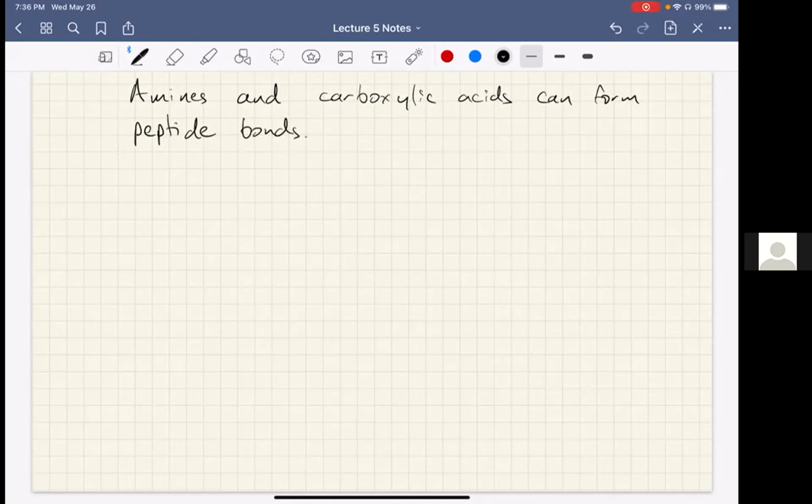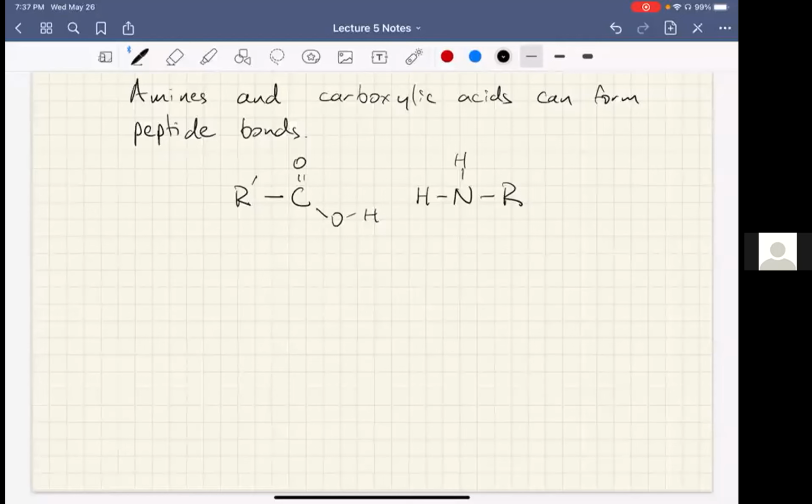So basically, if you have some carboxylic acid, like so, and an amine over here, what happens is when these react,